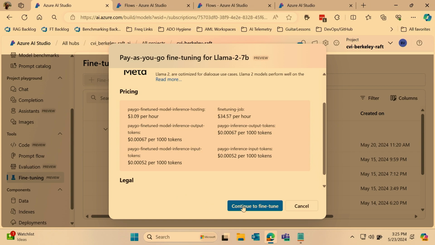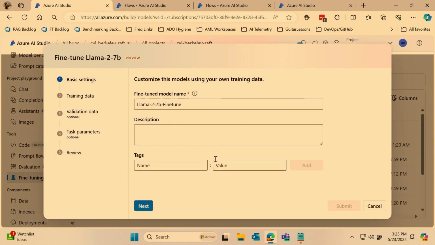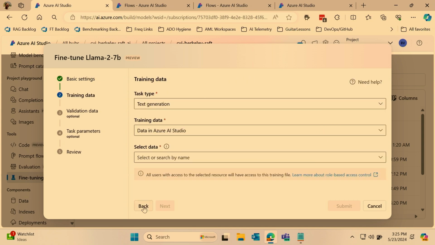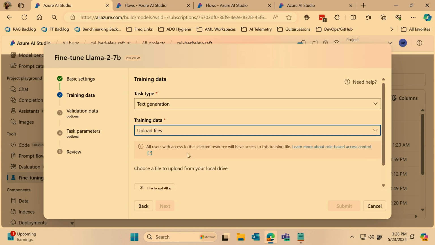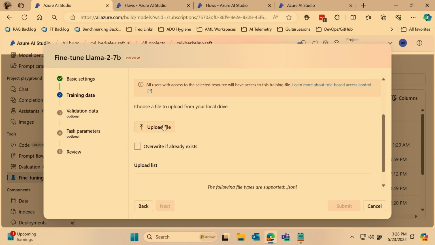Right. Now let's continue to fine tune. All right, it gives me this wizard. What model name do we want? Let's put the typical Build 2024 name to it and click next. What do I want to do? I want to do task type of text generation. For training data, I'm going to upload files, which Cedric has given me. I'm going to upload file,